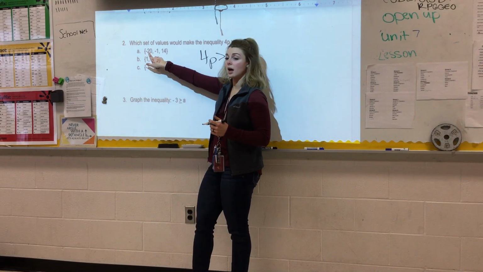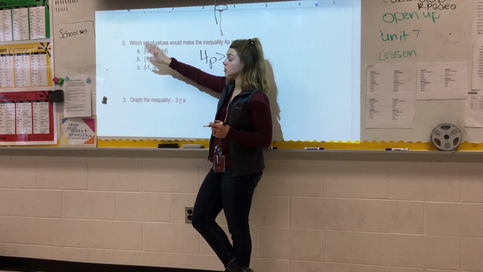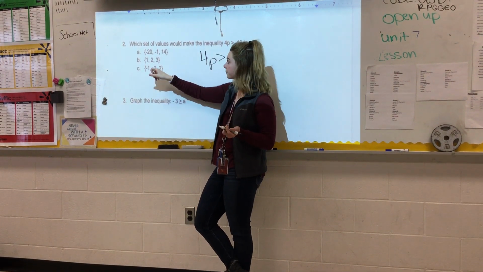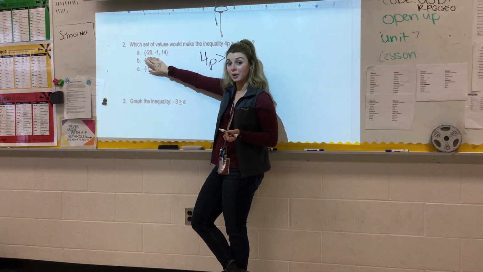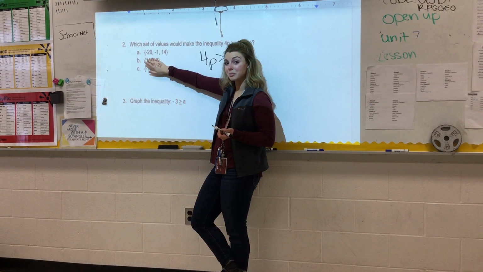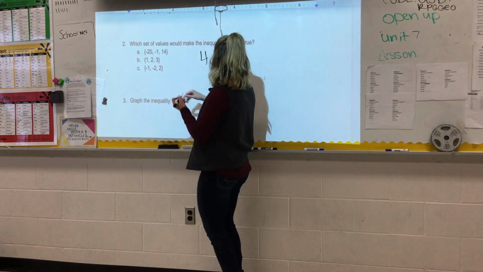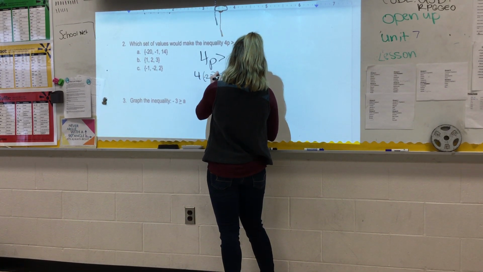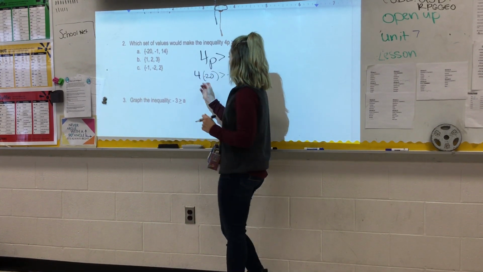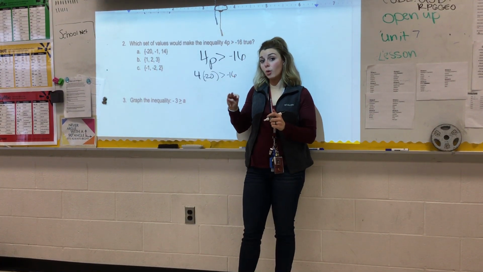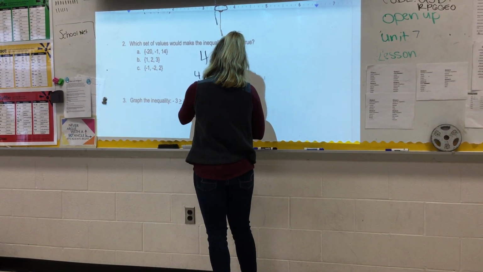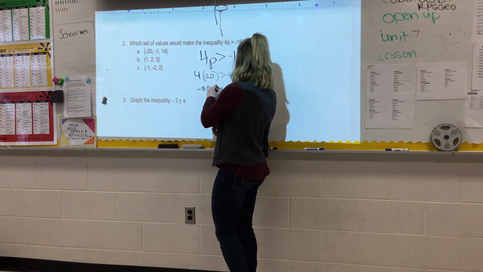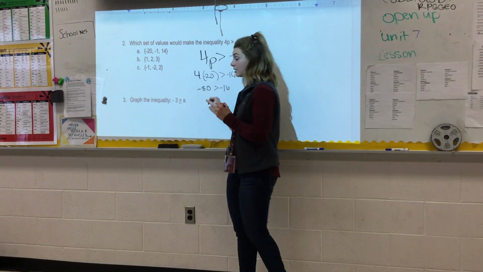We're going to do the same strategy of substitution because since we determined that was going to be the most efficient, I'm just going to do the same thing. If we have negative 20, and we do negative 20 times 4, let me just rewrite it for y'all. Negative 20 times 4 is going to give us negative 80. And is negative 80 greater than negative 16?